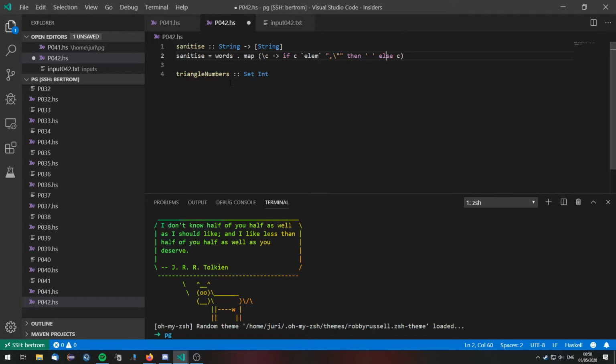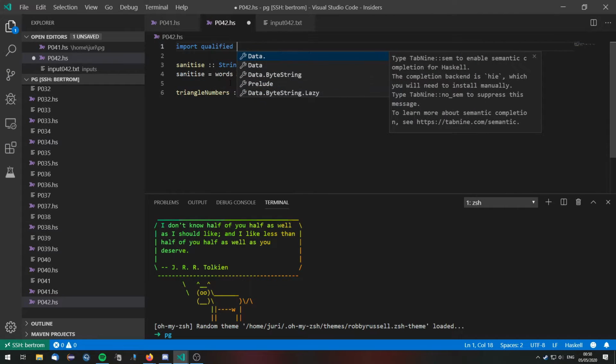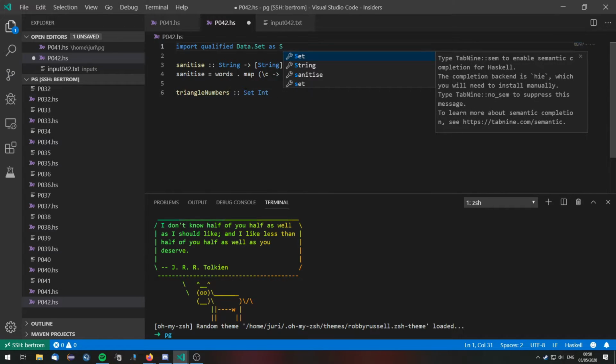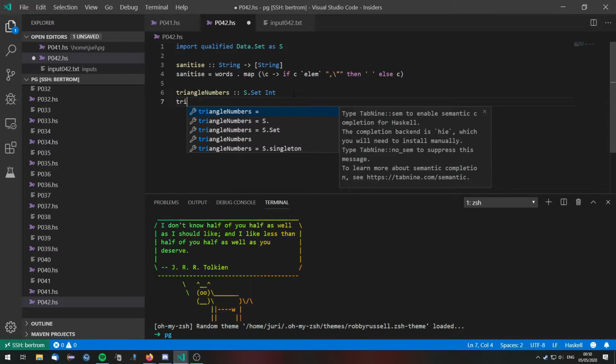Of course I'm going to need to import Data.Set. So the triangular numbers,